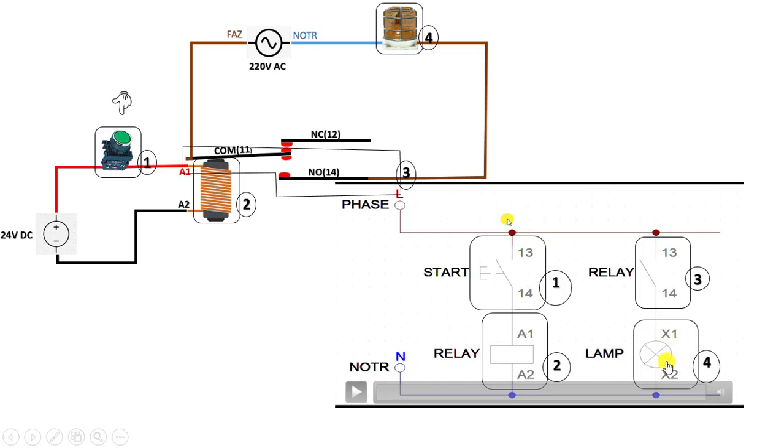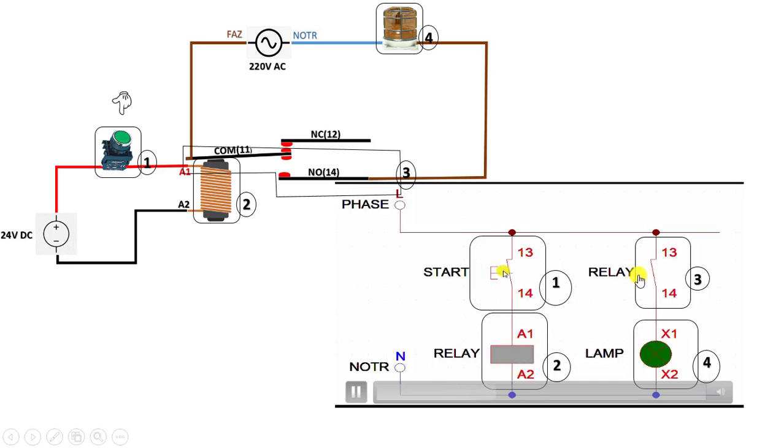Yes, if you want, we can also simulate the drawing of the electrical diagram by ourselves just now. You will also have the chance to watch the simulation we made in the electrical circuit. For example, when we press the start button, the coil of the relay will be energized and the open contact will be closed.